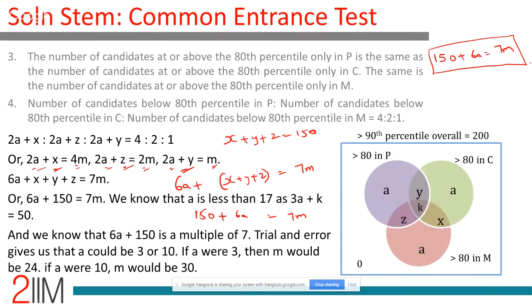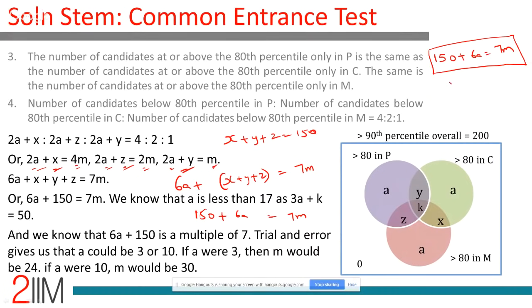150 plus 6a is 7m. Remember, a could be 0, 1, 2, 3, 4, 5, 6, all the way to 16. A is a whole number. A cannot be negative. A cannot be 17 or more. Okay, I'm going to do a bit of trial and error. So think about this. Let's say a